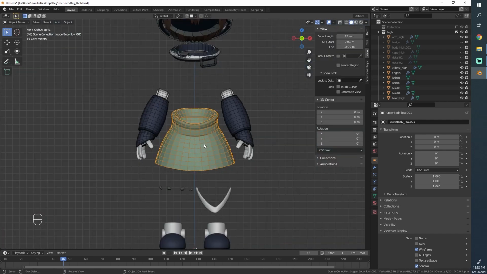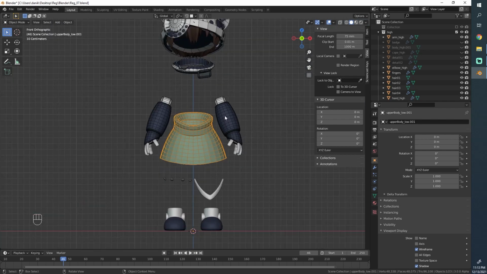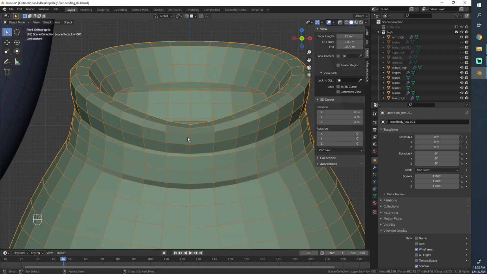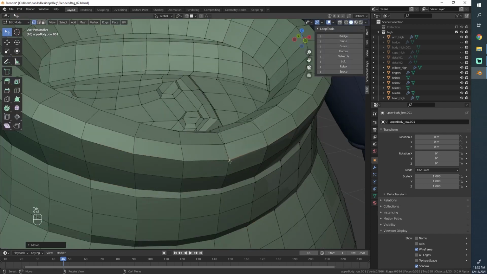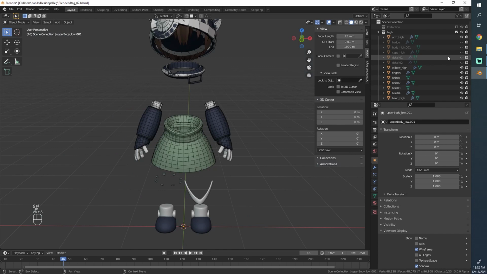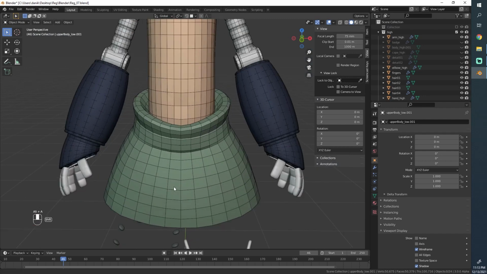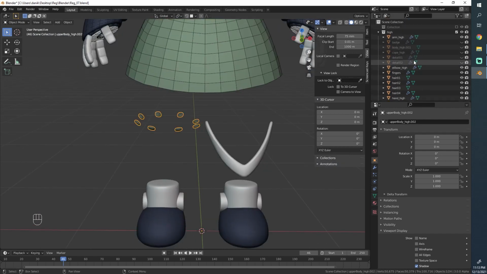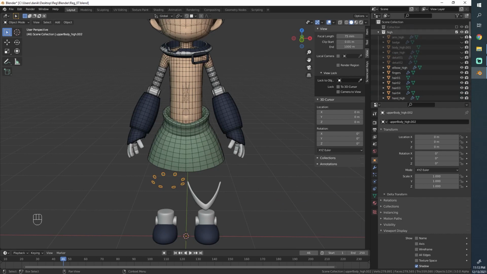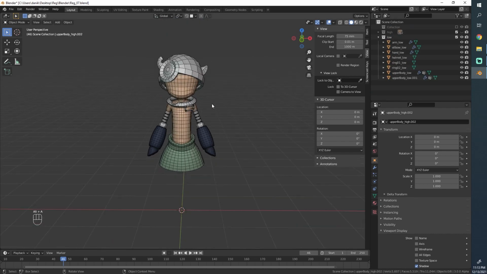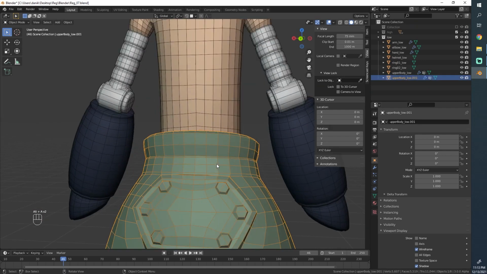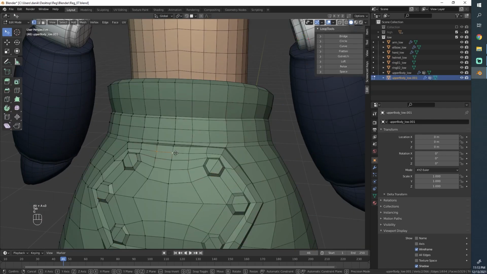So yeah, that is the first part. I think the video has already gone on for long enough, definitely more than half an hour, I believe. So we're going to stop it here. Let's just enable all of our meshes again. Where is this from? Oh, that's the high poly stuff. So body. All right, let's hide this. And there we go. That's as far as we got. I think it's pretty good progress. You really start to see what the character looks like.